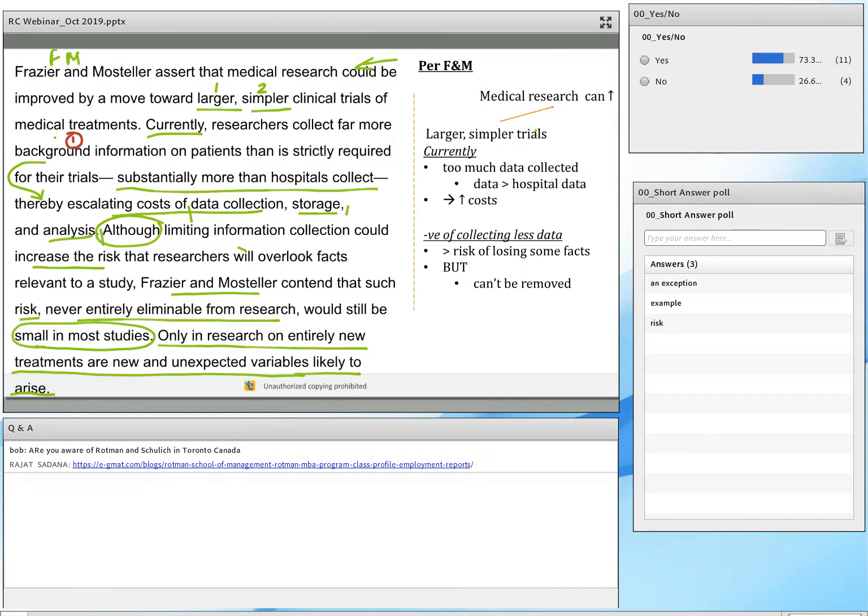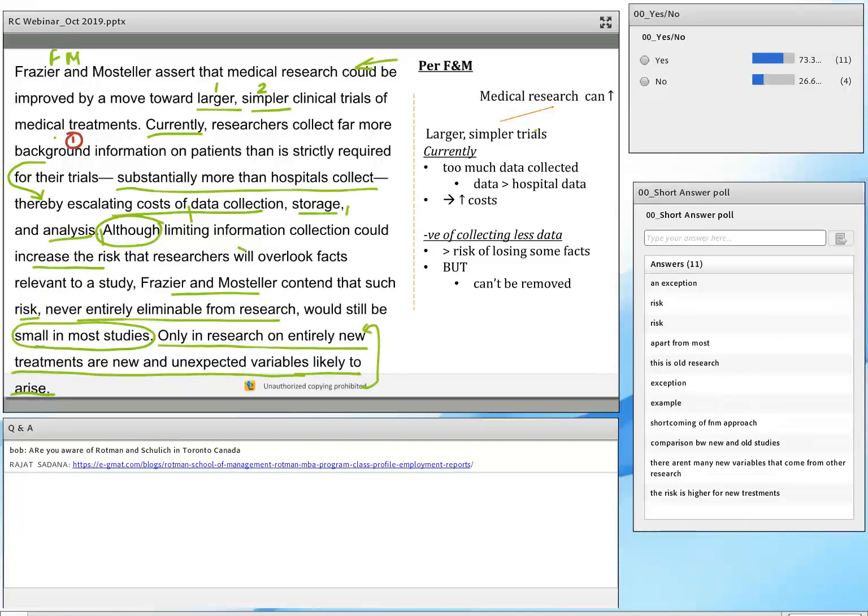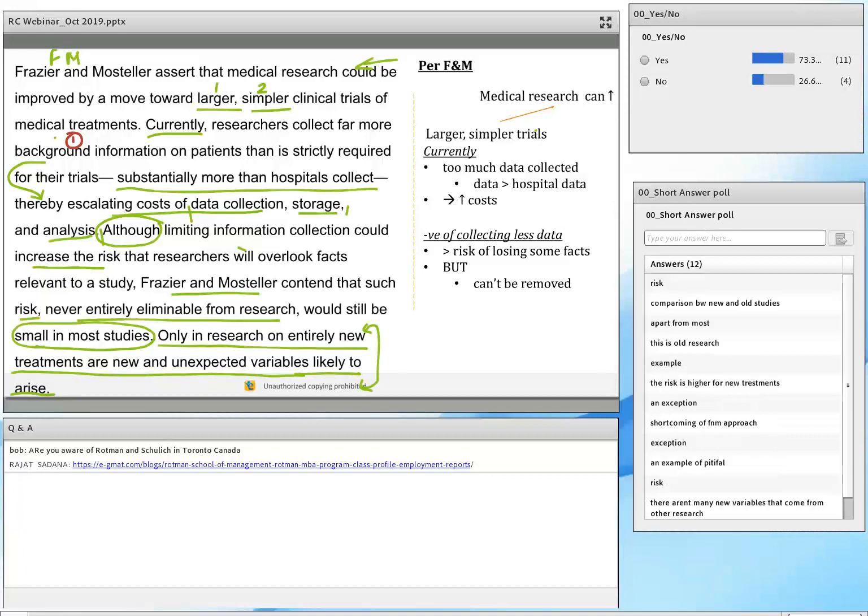What is it an example for? Exception for what? It is that the risk is higher. Yes, so only for these medical trials that are done on entirely new treatments, the risk is going to be higher. Good. Now tell me something, if the author has said that the risk would be small in